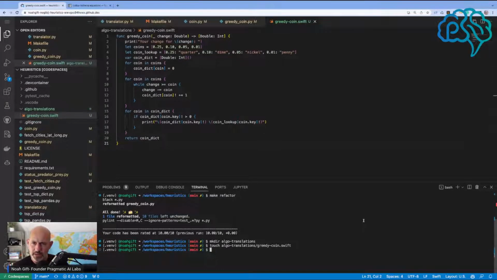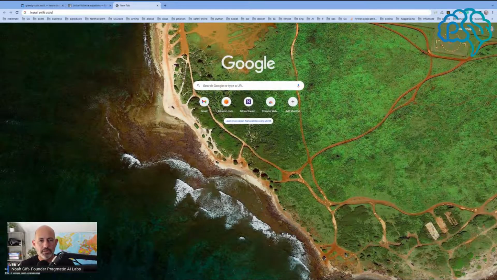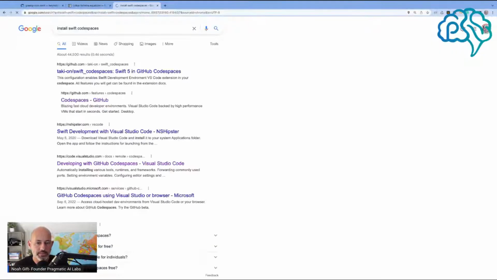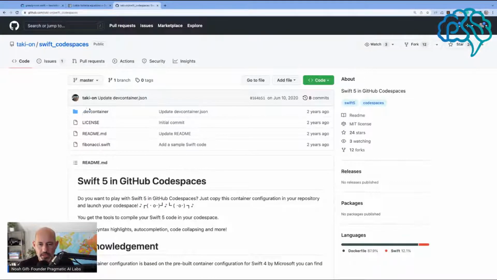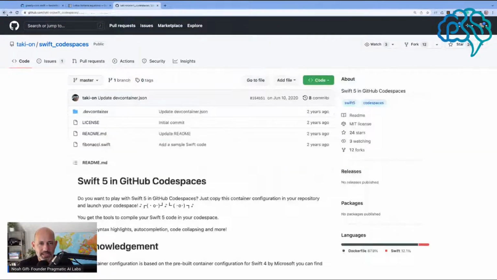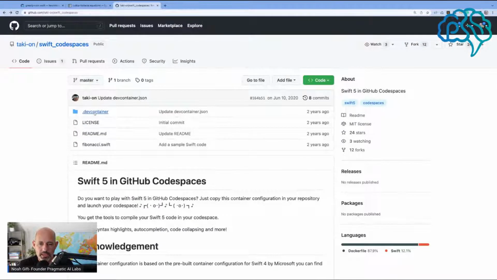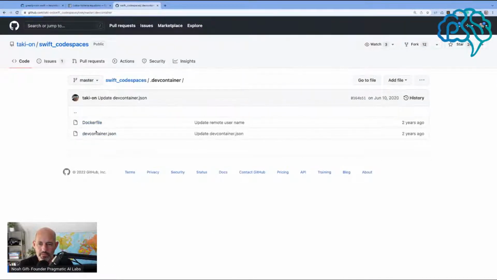And let's just see what happens if we say, is Swift installed? So I forget how you install Swift in Codespaces. This is probably something I'd want to do actually inside of my dev container. There we go. Let's see what this guy says here. He says, do you want to install it in Codespaces? There we go. So he's saying do this dev container,